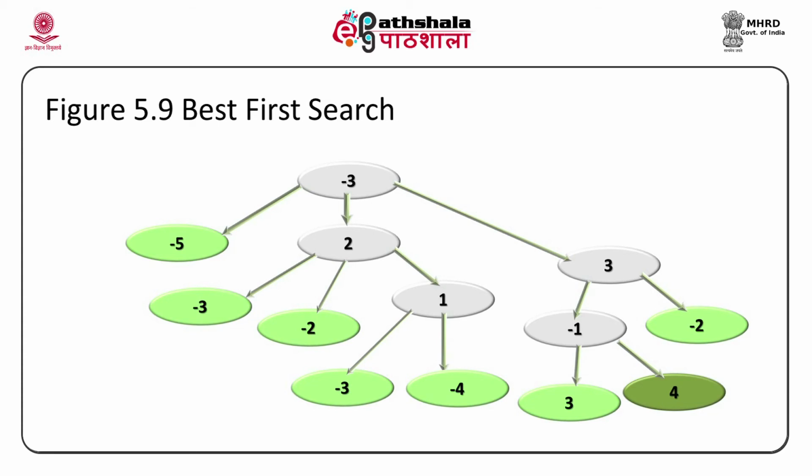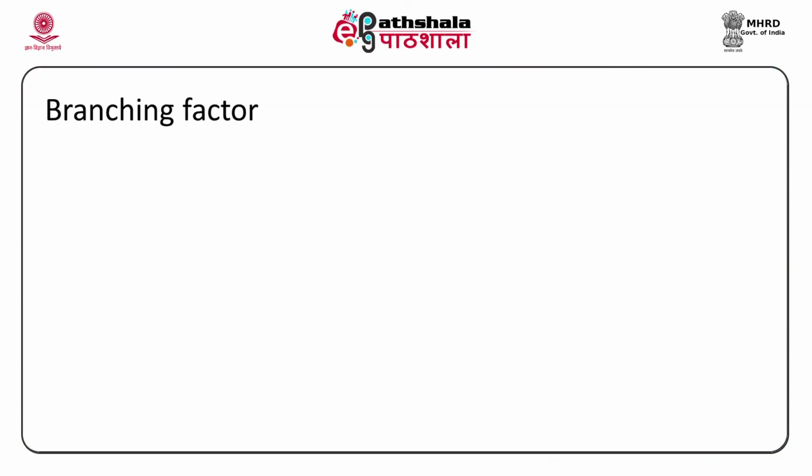Let us look at one important factor, so that was best first search. You can go further and get the answer, but best first search basically is the search where you use heuristic value and you just pick up the best node irrespective of what your children are and what the parent's heuristic value is.